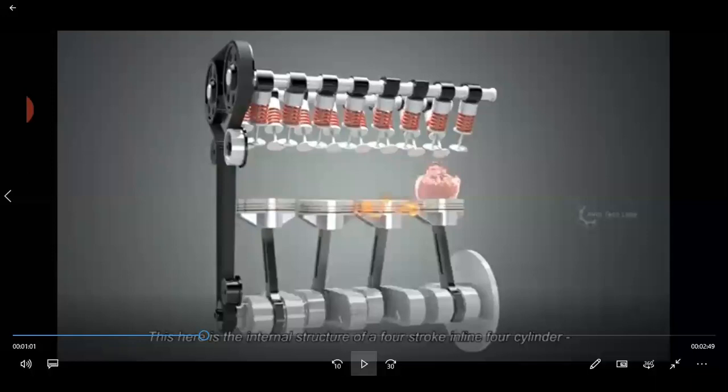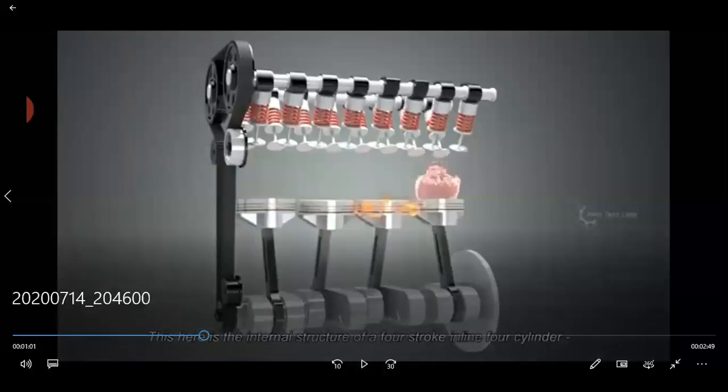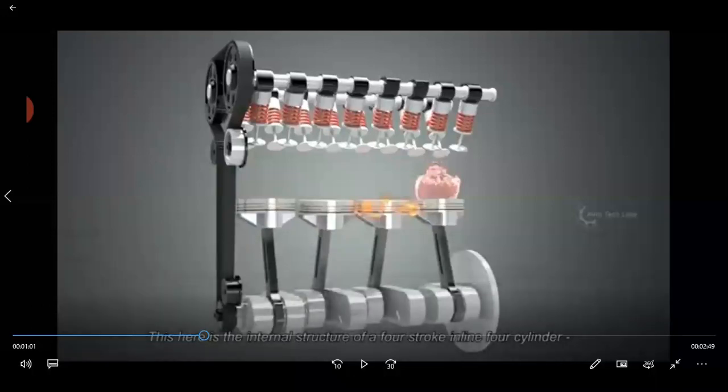See here, this is a four cylinder. You can take six cylinder also, seven cylinder also. A seven cylinder engine can also be a four stroke engine, because the number of cylinders is not associated with the number of strokes, students. The number of strokes is associated with the cycle. If in four strokes one cycle is completed, then it is called a four stroke engine. If in two strokes one cycle is completed in a combustion chamber of a piston, then it is called a two stroke engine. Hope you are getting it. If I repeat, even if there are seven cylinders, or a single cylinder, it can be a four stroke engine.